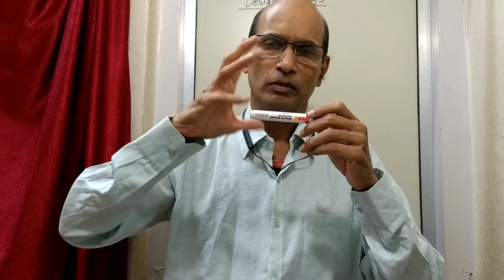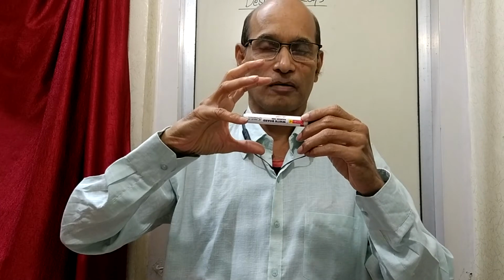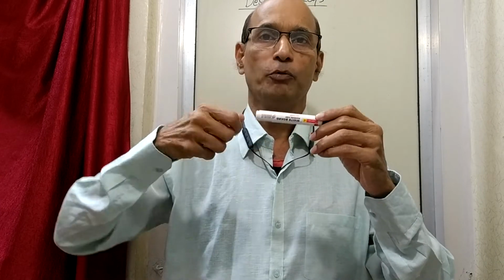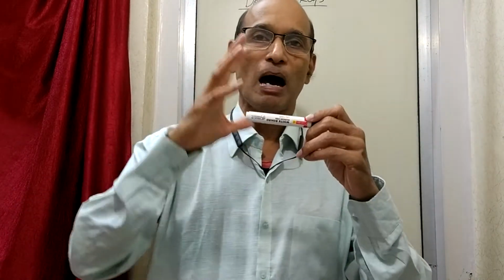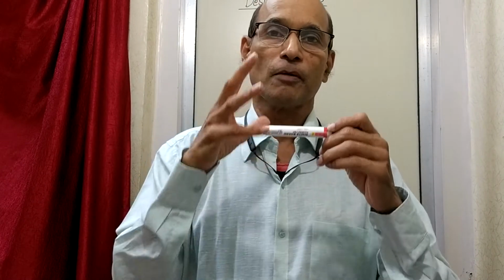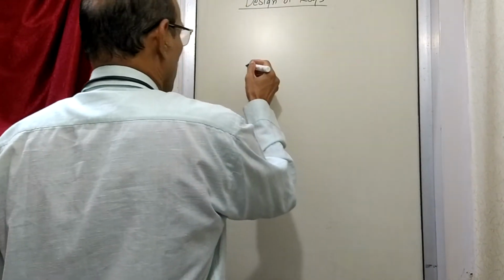That will be possible when the disc, the general name is disc, and the shaft are fitted to each other. Now how do you fit it? If you weld them together, then also they are fitted, but that is not the correct way, because by welding you will not be able to maintain the perpendicularity, or you will not be able to dismantle it again. So you cannot weld the gear to the shaft. For the purpose of fixing, there should be some other method, and the method is the use of a key. So let me first draw a typical arrangement of a key.